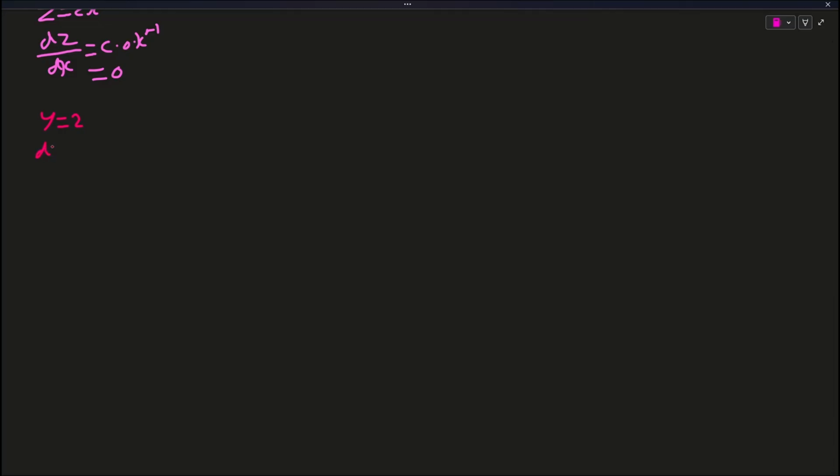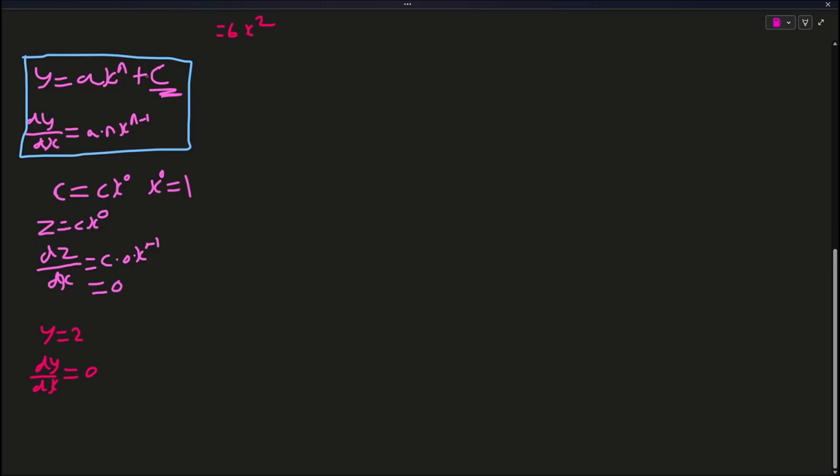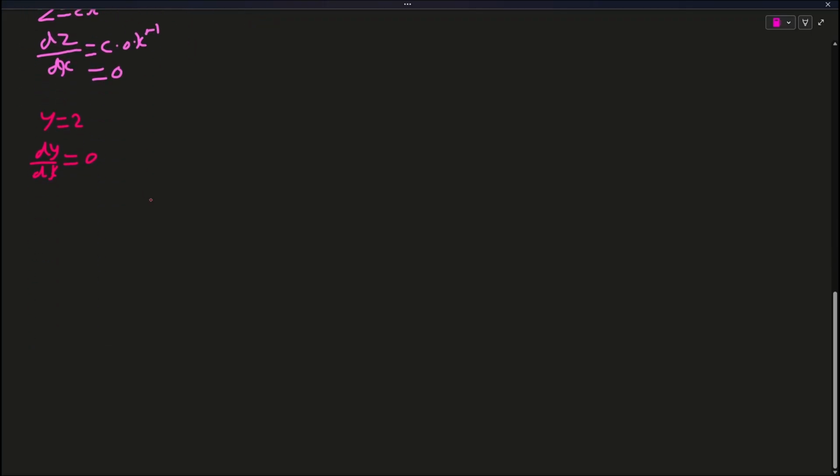What would the differentiation be? Correct, it would be 0 because there's nothing there. And as you can see an example as well, I did the plus sign. So with